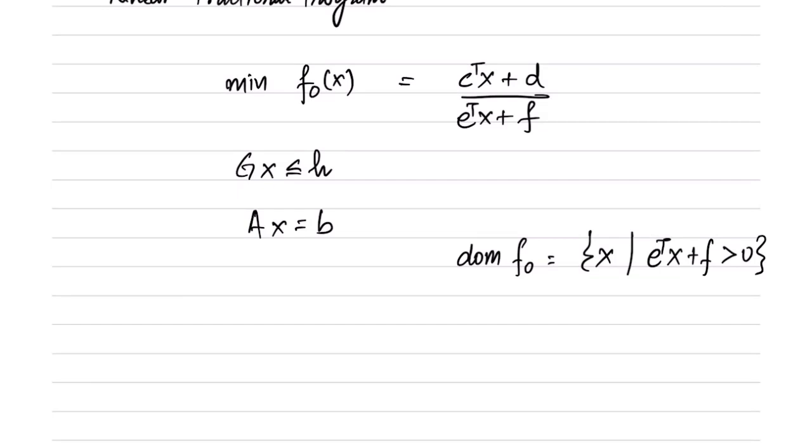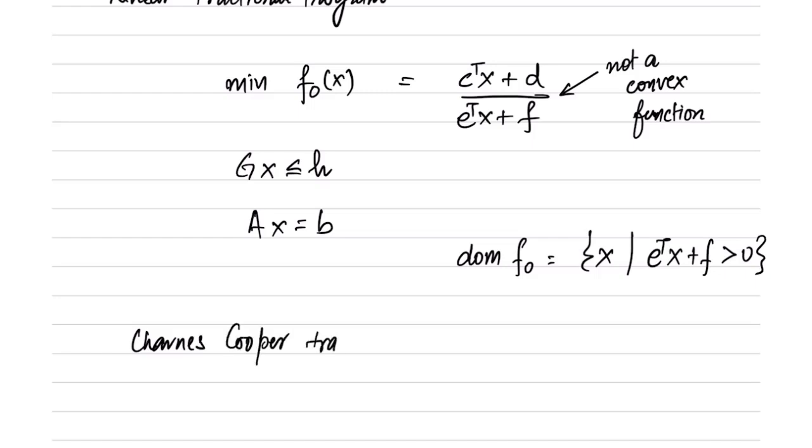This may appear to be non-convex because the linear fractional is not a convex function, but this is one of those scenarios where the convexity is hidden, and it is just a matter of transforming it properly so as to reveal the hidden convexity. In particular, we use the Charnes-Cooper transform. So what is the Charnes-Cooper transform?